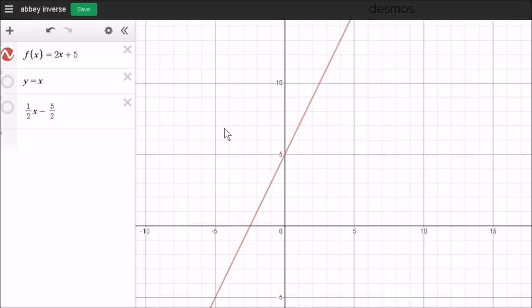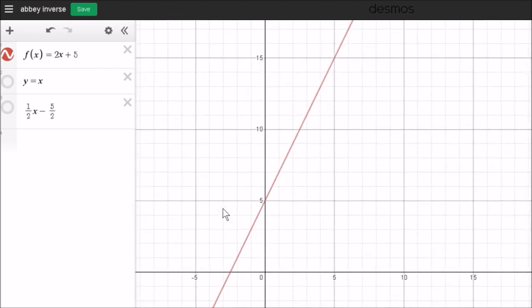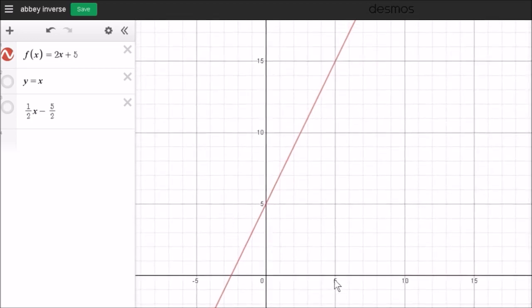Let's look at the inverse of a function graphically. So let's say we have this function f of x equals 2x plus 5, and we want to find the inverse of this function. So what do we mean by the inverse? Well, in this instance here, let's say we pick the point 5. When we go to the point 5, we go up to the function, and when we meet it there, we